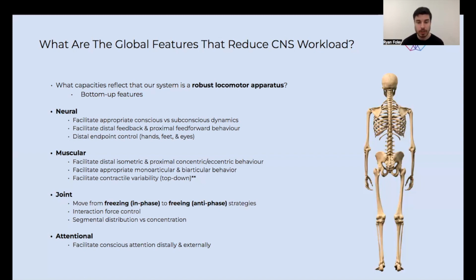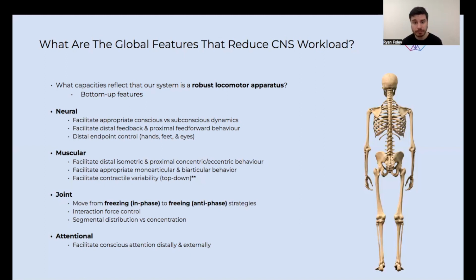And the important point here is that this doesn't mean that these tissues can't do the opposite. Okay, it doesn't mean that the glute max can't bias more isometric behavior in certain situations. It doesn't mean that the gastric and soleus can't bias concentric and eccentric behavior in certain situations. But based on their unique architectural characteristics and the environmental forces that have led to this architectural design of the anatomy, we want to bias this kind of behavior based on those architectural features to improve the load sharing capacities